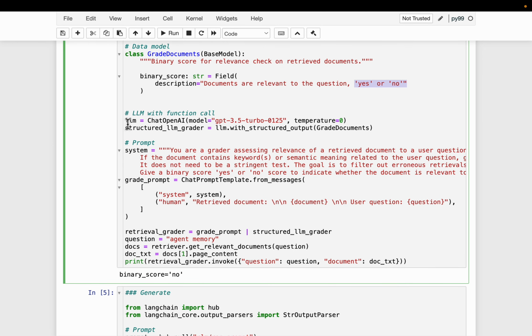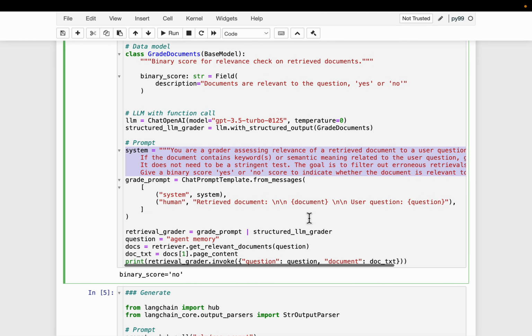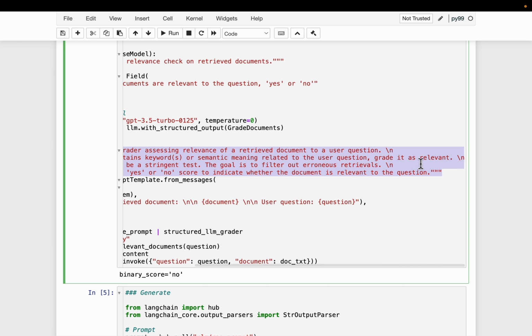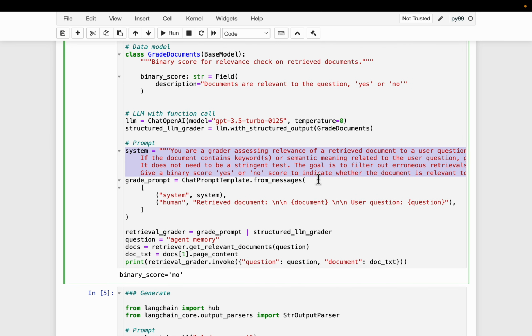Again, we have an LLM as a brain, and this one is the important part. So we say you are a grader assessing relevance of a retrieved document to a user question. If the document contains keywords or semantic meaning related to the user question, grade it as relevant. But here we don't want to be too strict. Let's imagine we have a retrieved document with 10 lines. Maybe the first 2 lines are important in addressing the question.